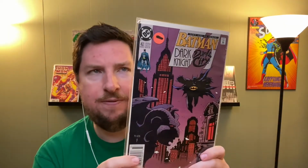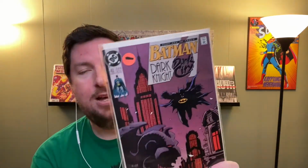Batman number 445. I do have a couple that's right in this area, so this is kind of starting to build a run here. And then Batman 452, Dark Knight, Dark City, part 1 of 3, and I think I have 2 and maybe 3. Wait, that's weird. The backing board is in the middle of the book. Huh, that's funny. But yeah, just on a whim, I thought it would be cool to have some more Batmans